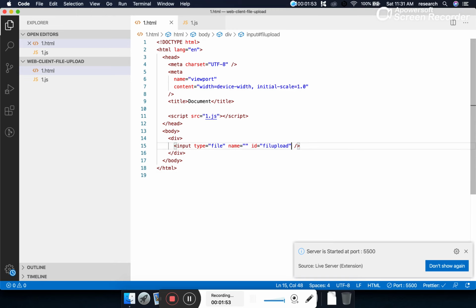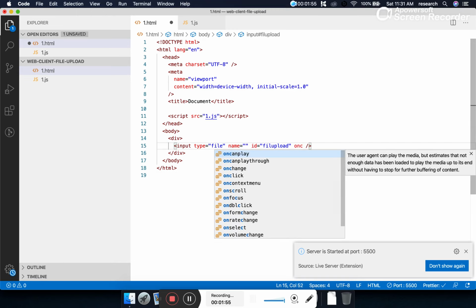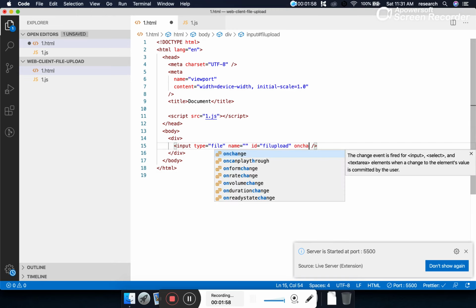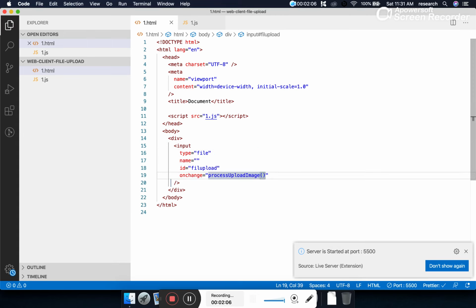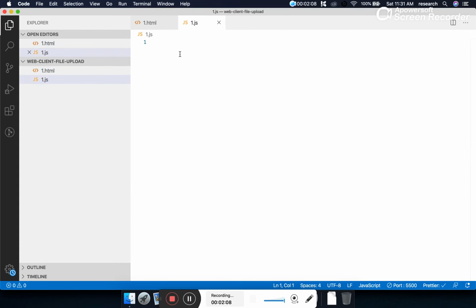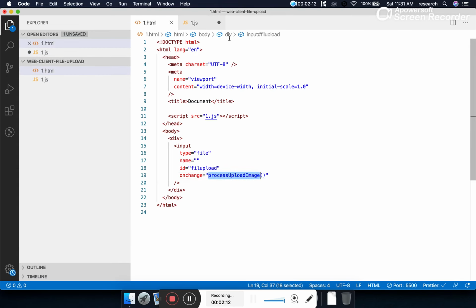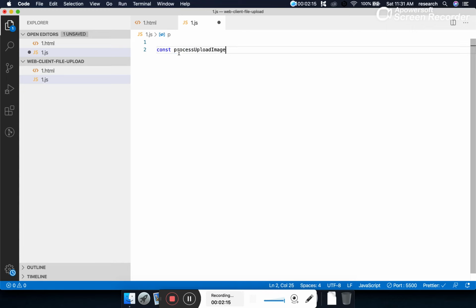So let's begin that. We will be using the event here, onchange, whenever a user is uploading or changing an image. Okay, process upload image. Now I will be creating a function here, const processUploadImage is equal to this.